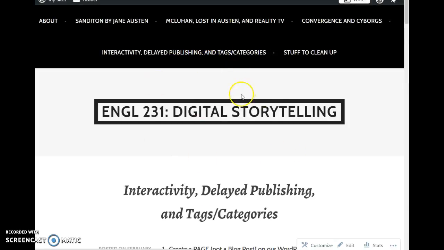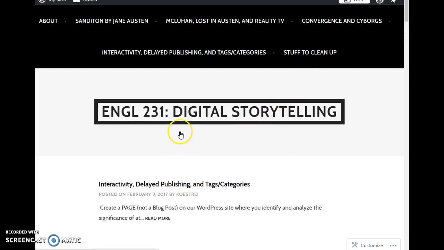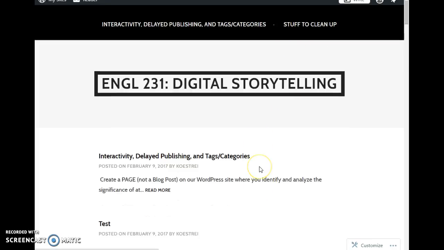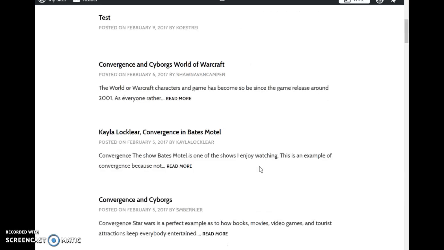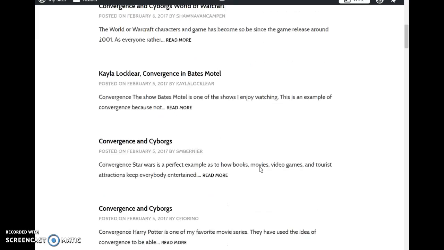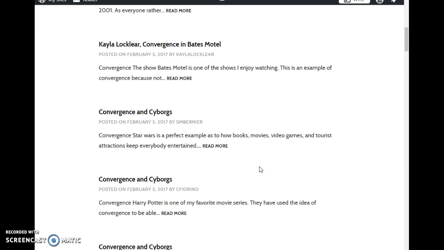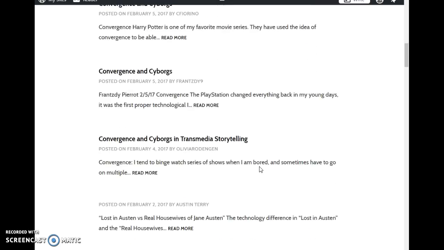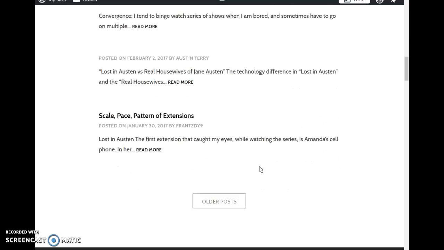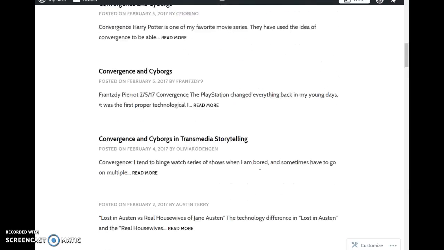Now, this is a blog post, and you'll see that because it is a blog post, it did post over here in the stuff to clean up, because this is the default location where all of our blog posts go. And there should not be blog posts here by students, because I've been asking you to make pages and link them, not blog posts. And I've mentioned this in several different videos, and these blog posts are still here,